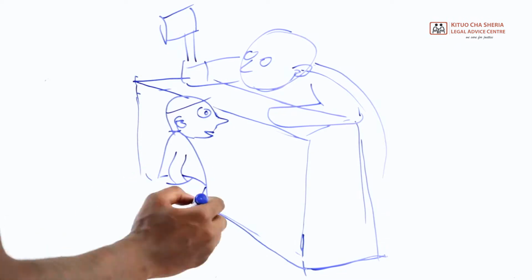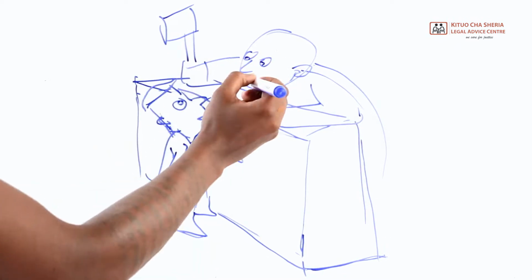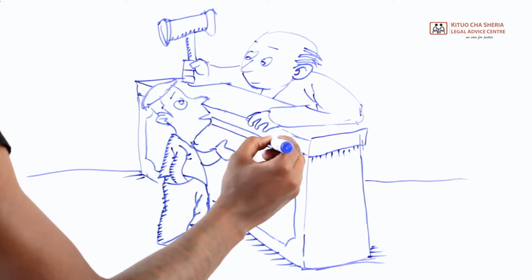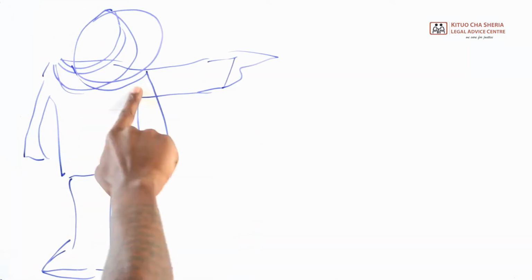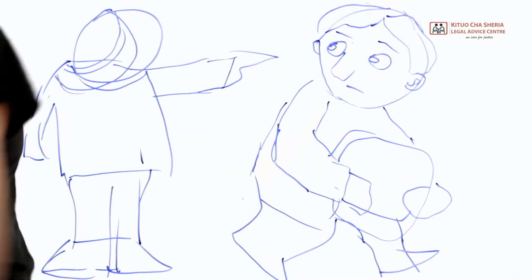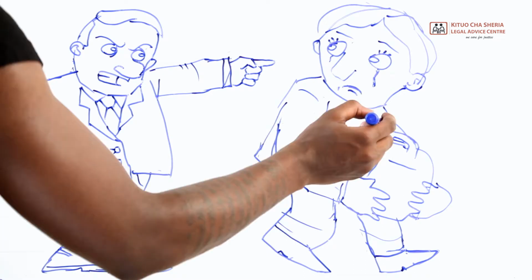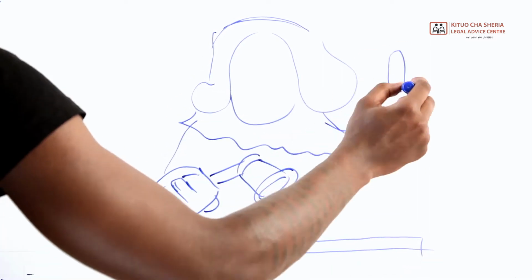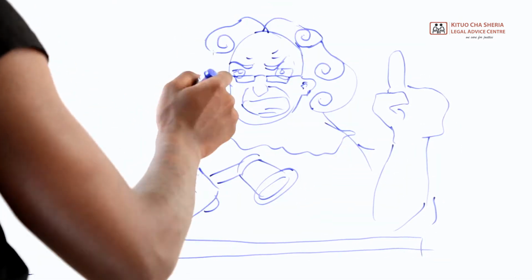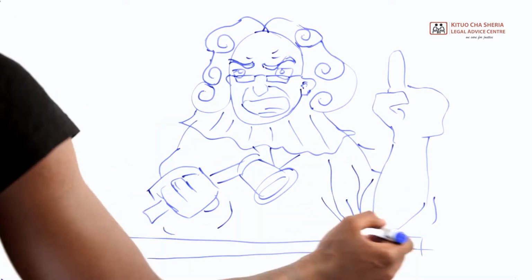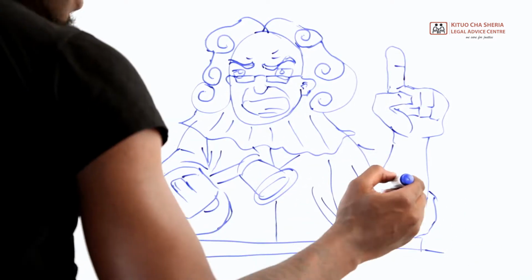However, sometimes the employee is forced to go straight to the Labour office or the industrial court. If an employee has been dismissed unfairly, he or she should present a complaint to a Labour office within 3 months of the date of dismissal. The Labour officer will give an opportunity to both the employer and employee to give their side of the story and give recommendations on how to settle the dispute.